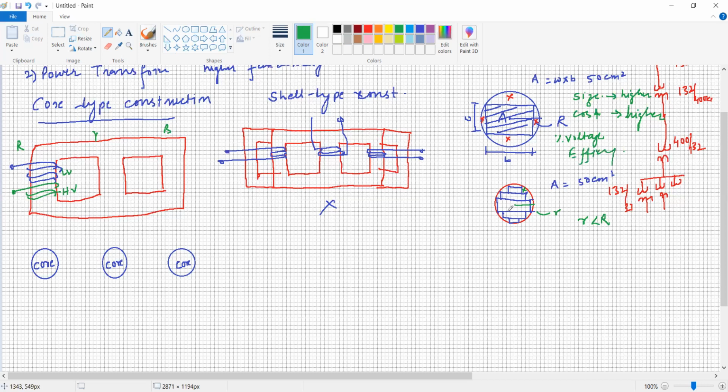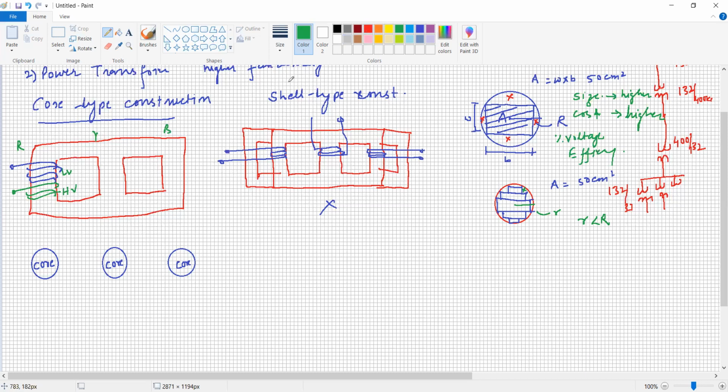Whereas there is some advantage: the physical size of the transformer is reduced, hence the cost of the material and the cost of the total transformer. Second, the length of the conductor needed for the primary winding and secondary winding is smaller. Definitely it will decrease the resistance and hence improve the efficiency and voltage regulation. Therefore, the core for the transformer is always the crucible core or stepped core. So this is the core construction point of view.